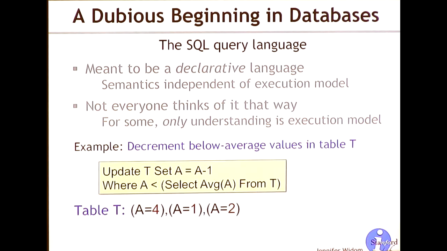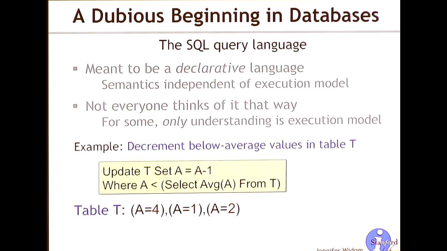All good. Now think about how the system might execute it. It says, okay, I'm going to start looking at 4. Is 4 below average? No, so I'll leave it alone. Then next I'll go to 1. Is 1 below average? Yes, I'll make it into a 0. Next I go to 2. Is 2 below average? Oops, it's not below average anymore because it did these one at a time. Okay, so I'm going to tell you that in the 1980s, if you got 2 systems and you ran this query, or this update, you might get one answer on one system and a different answer on the other. That I consider bad news.